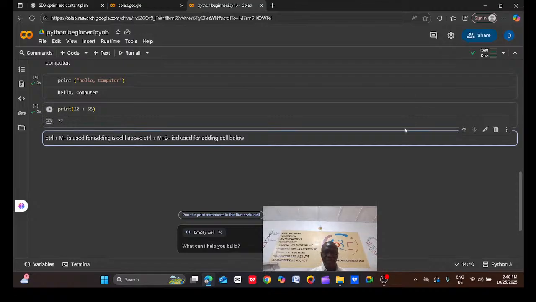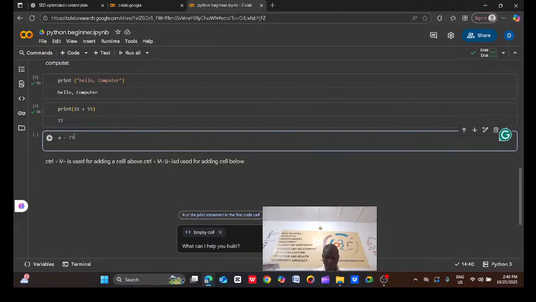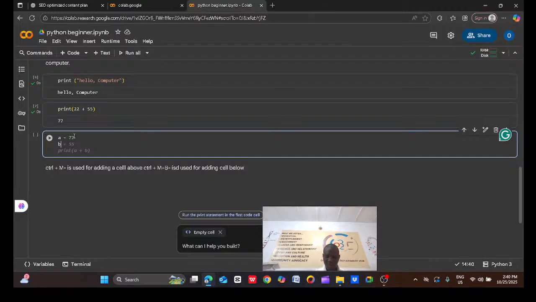Let's do another one, running computer code. Okay, let's say we can define it, although we are going to move to variables. Let's say a is equal to 77, b is equal to 55.